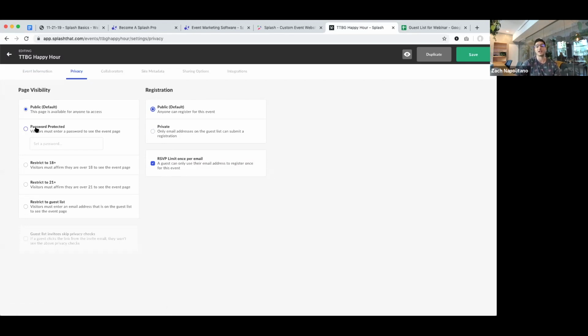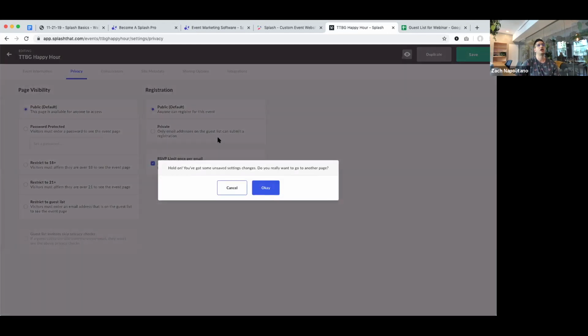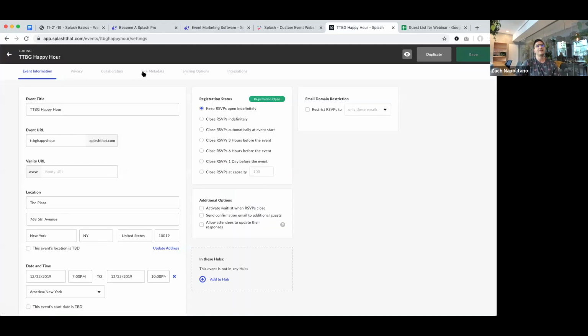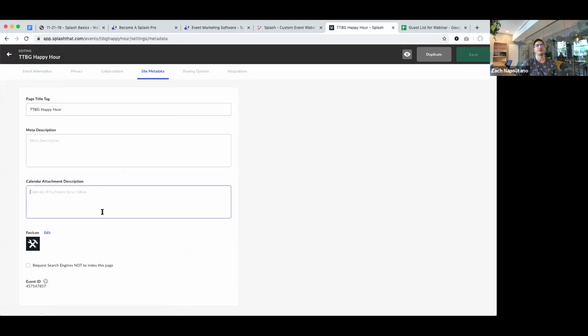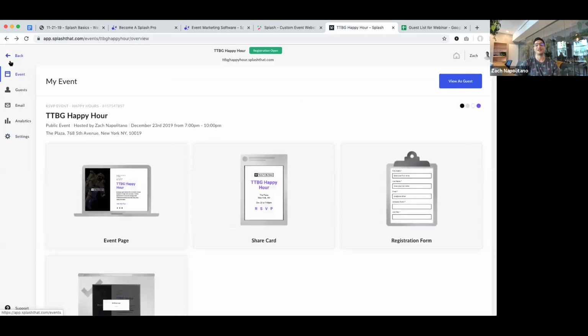and email protection screens. So as a rule of thumb, I always come in here, I do a clean sweep of my event information, my privacy settings. I'll even take a look at metadata because I am obsessed with my calendar invites and making sure they're accurate. These are all ways we can control the guest experience before we even start touching the design tool. So that's just a best practice there from years in the biz.